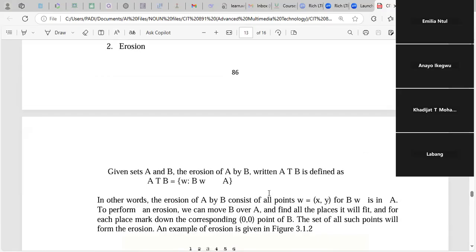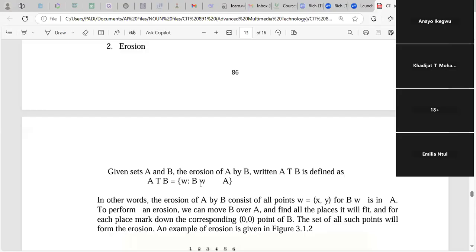Erosion is also a morphological concept. Morphology, we use it just to change the shape. Morphology is just a kind of the shape of an object or an image. Then we now use erosion. For example, given set A and B, the erosion of A by B is defined as